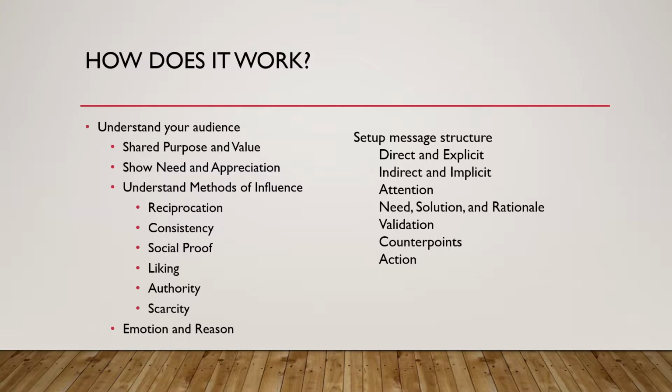Now let's talk about message structure, which is composed of 7 subsections. Your message can be direct and explicit. Direct is when you begin with the main idea or argument and then provide the supporting reasons. Explicit is where nothing is implied and statements contain full and unambiguous meaning. Your message can also be indirect and implicit. Indirect messages provide the rationale for a request before making the specific request, whereas implicit implies the request or some other rationale for the request.